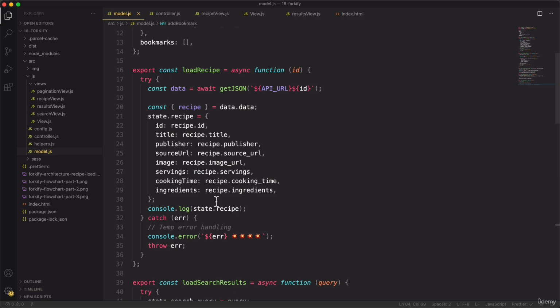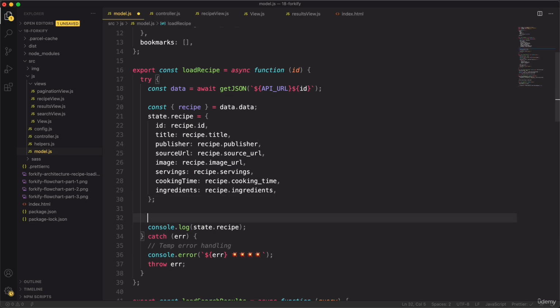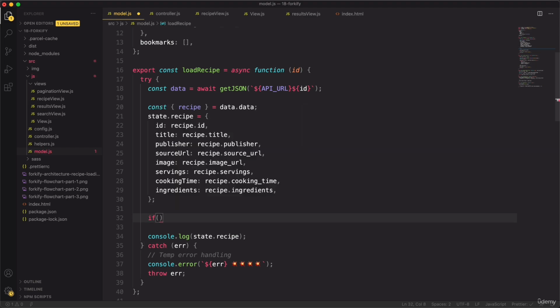And if it is, then we will mark the current recipe that we just loaded from the API as bookmarked set to true. So let's use one of the nice array methods that we learned about, which is the some method. And remember that the some method returns true or false, and so that's great for doing an if check like this. So here we can check if